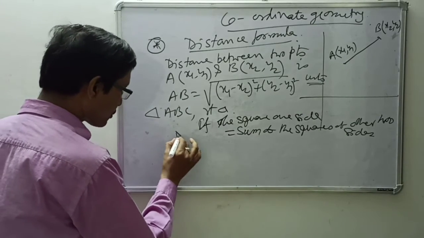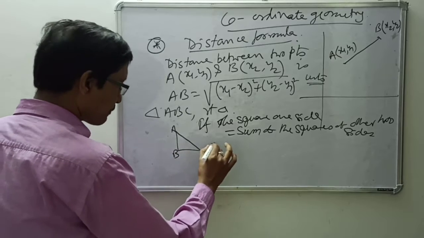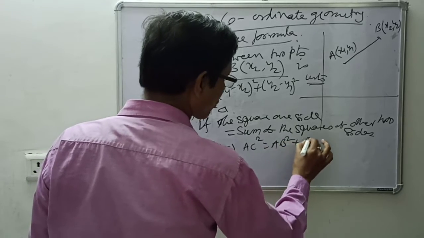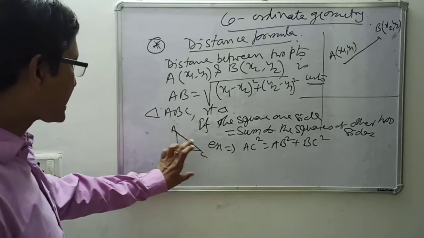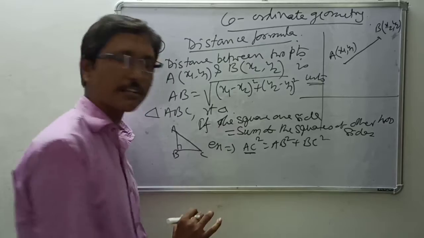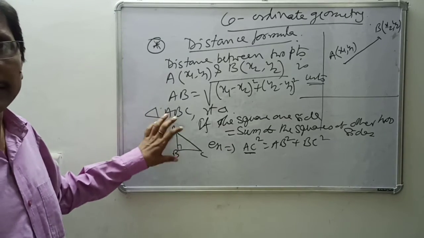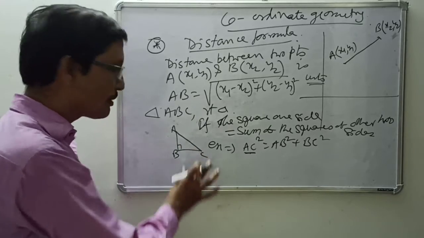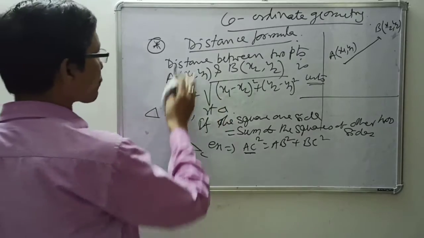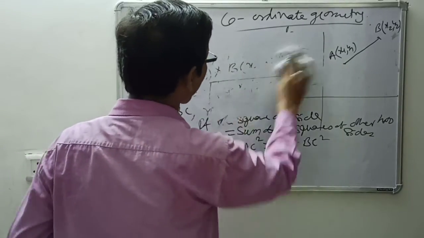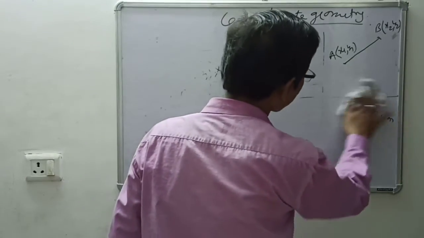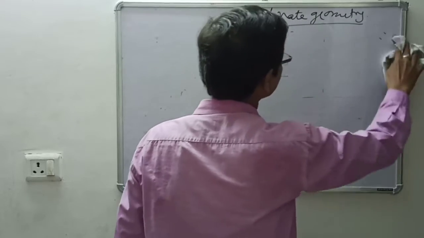Just suppose for triangle ABC, if it happens that AC square is equal to AB square plus BC square, then we can say this triangle is a right triangle and AC is the hypotenuse. That means its opposite angle is 90 degrees. So angle B is 90 degrees, and then you can find the area also, half into AB into BC. So if you want to discuss a question using the distance formula, such as prove that these are the vertices of an isosceles right triangle, both will be covered in it. Isosceles right triangle, both will be followed.